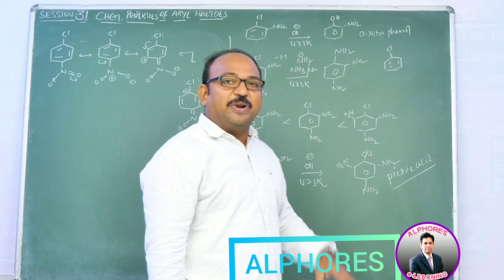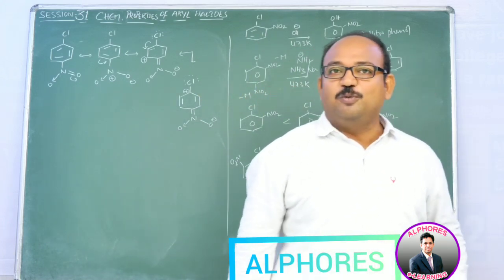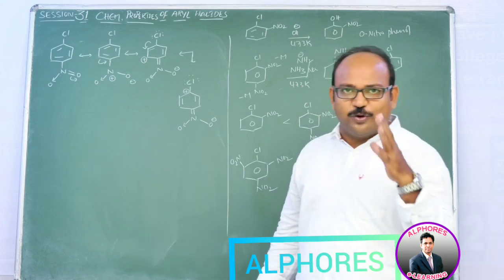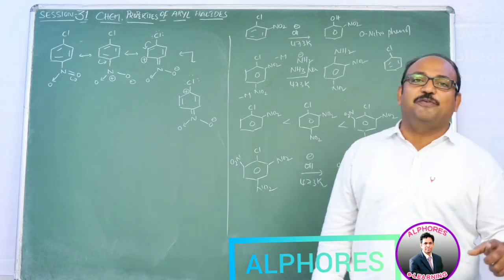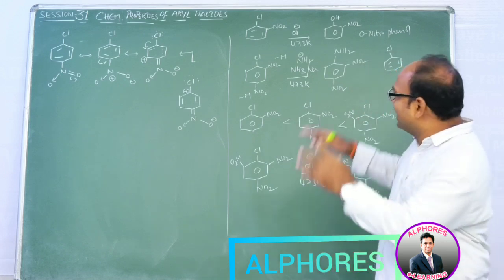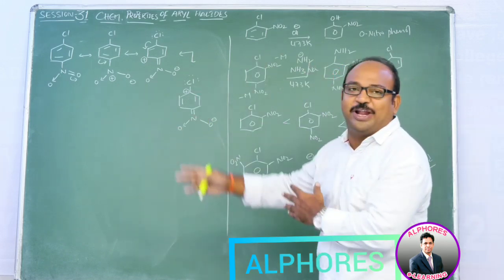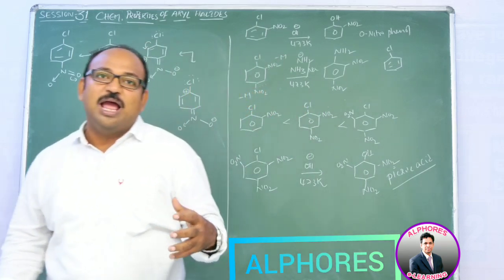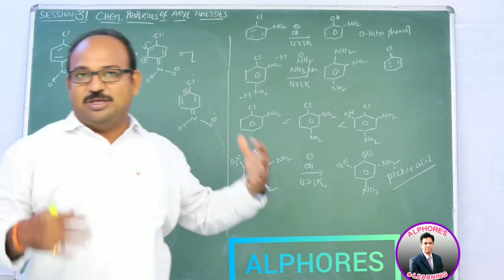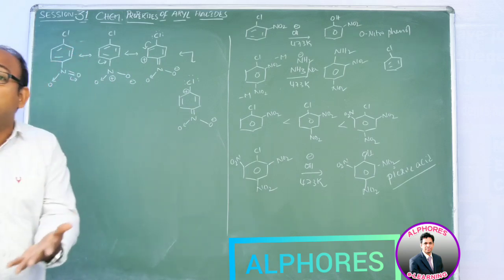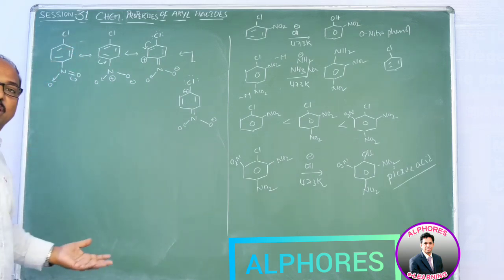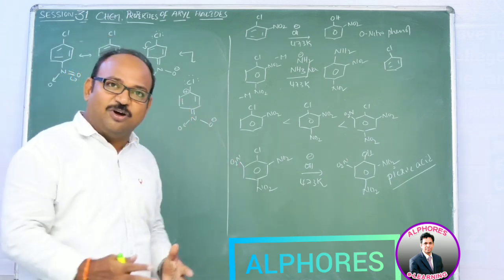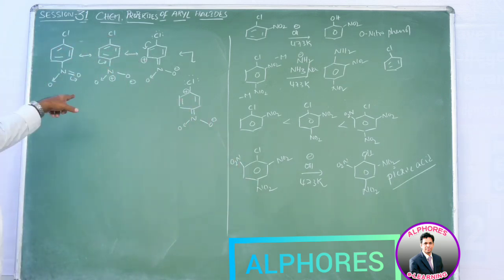But in the presence of a strong electron withdrawing group, Cl is not going to donate electrons. In other words, Cl is not going to show its plus M effect, which we learned in the case of only chlorobenzene. In the absence of the nitro group, in chlorobenzene alone, the chlorine atom says, I can donate an electron pair, I am a mesomeric plus M group, I can donate an electron pair to the ring and make the ring more activated. That is what is said. But the same cannot be observed in the presence of the NO2 group.